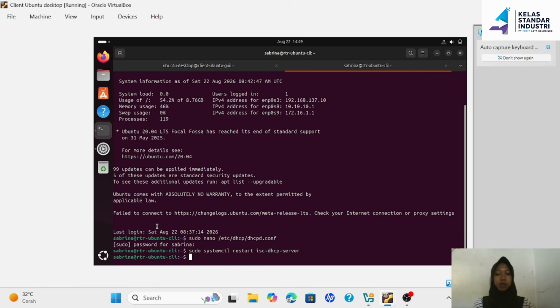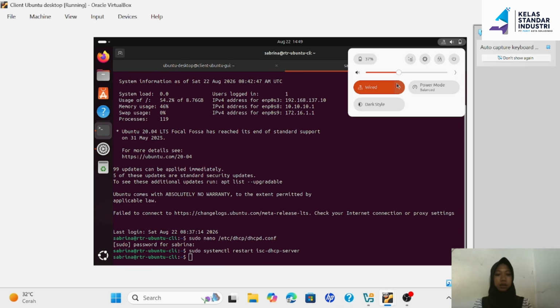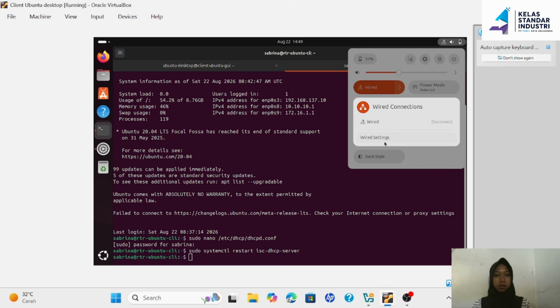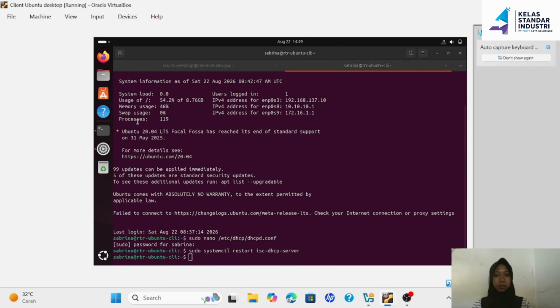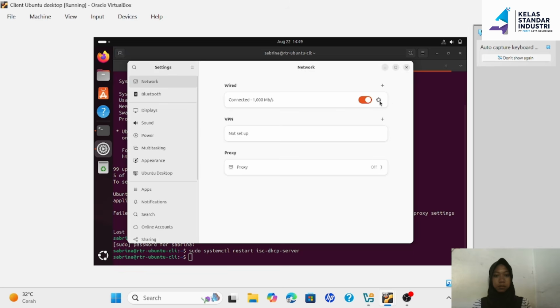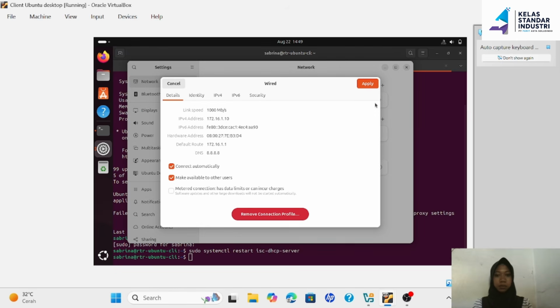Next, we will configure the DHCP client on the Ubuntu client. We open wired settings. Here we configure the IP address setting.